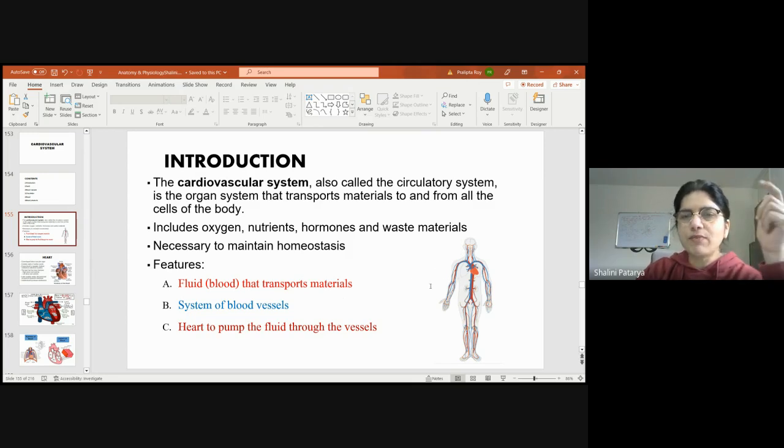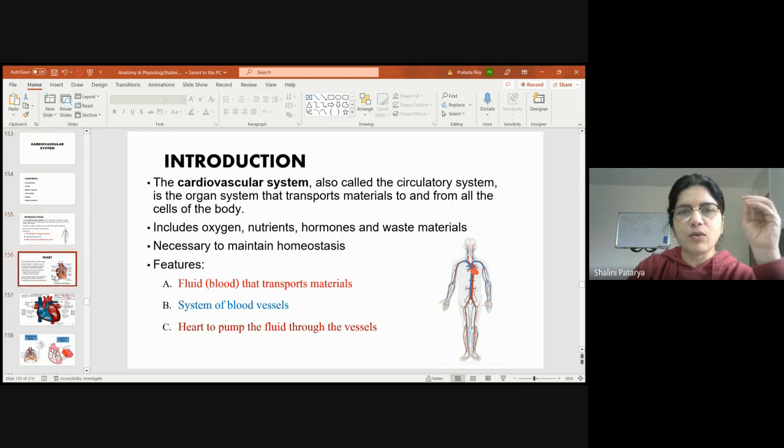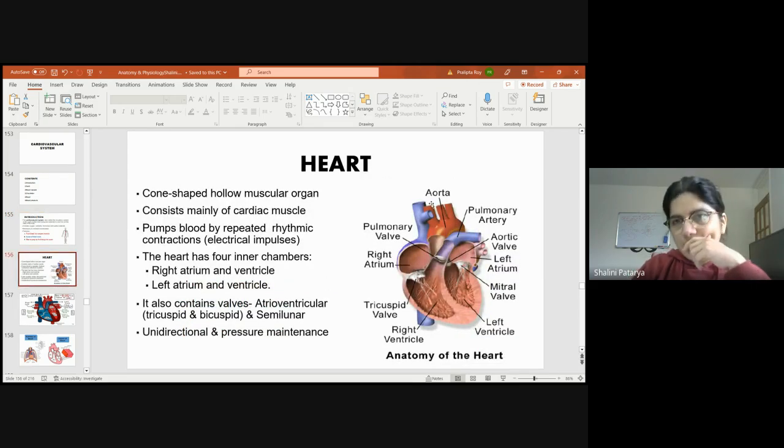So now, the system of blood vessels. We will understand how the pumping is happening through different vessels, and what the names of the vessels are. So now here you just see this diagram. Okay, in this diagram,